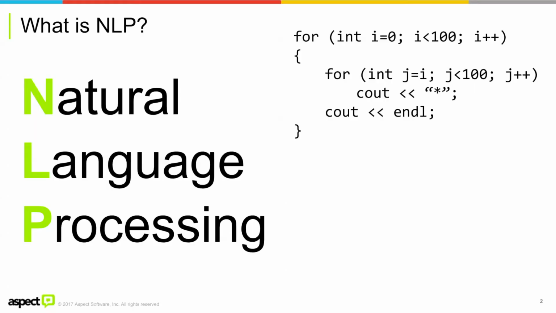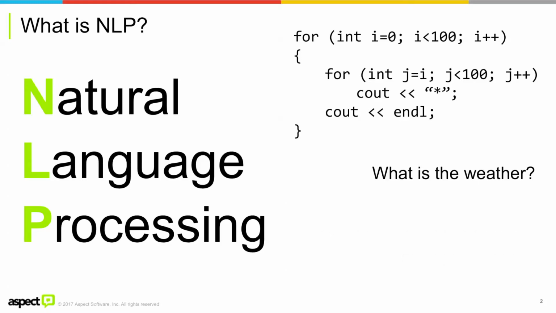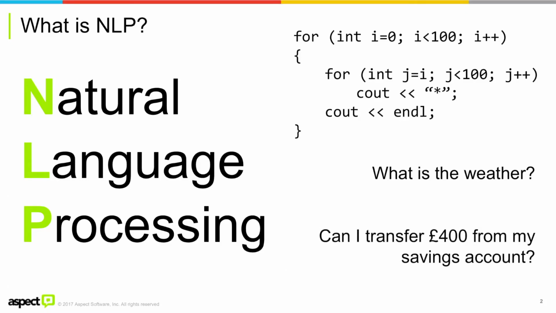A very standard question that somebody might ask their home voice assistant would be something like, what is the weather? That question has a surface meaning and it has the real meaning. On the surface, it sounds like you're asking Alexa to define what weather is, which of course is not what you want. You want her to tell you the current weather where you are at this moment. Or I might say something like, can I transfer some money from my savings account? On the surface, that's a question about whether you are capable of transferring money. But the reality is I'm probably trying to indicate that this is a use case I want to start. I want to get this going.